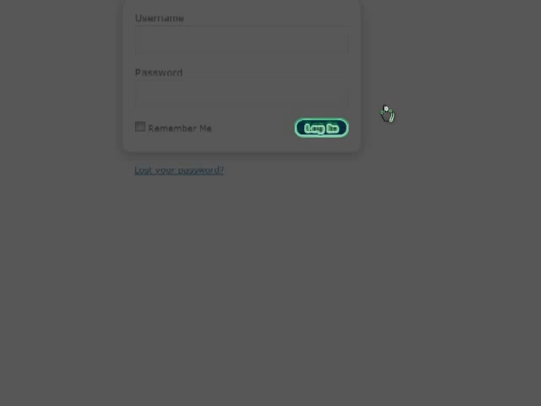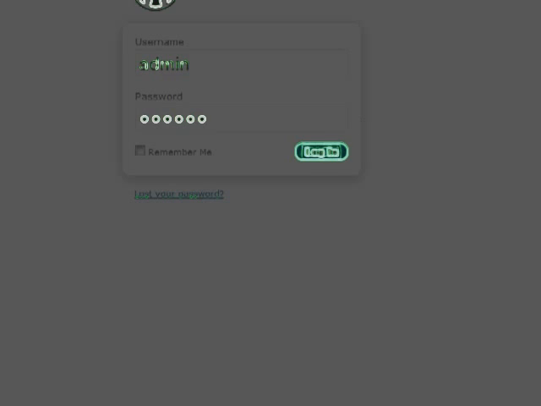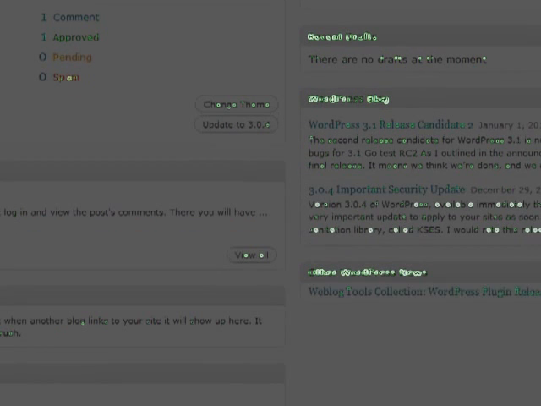You might want to print this page so you can remember your login names, or you can type your email address below and it will send an email containing your login information. But right now I just want to go to the admin area, so I click the link and I need to log in. Admin, mypass, login. Yeah, there we go.